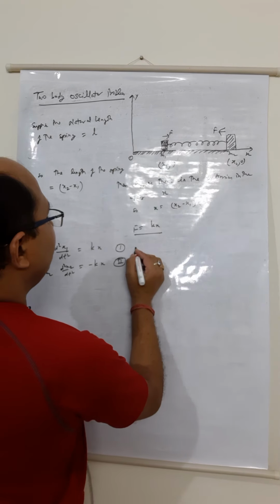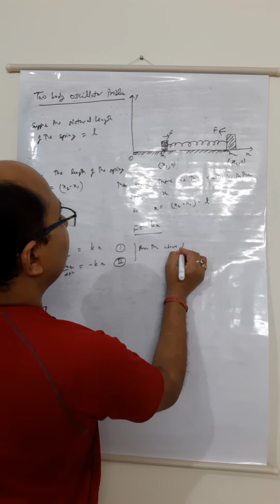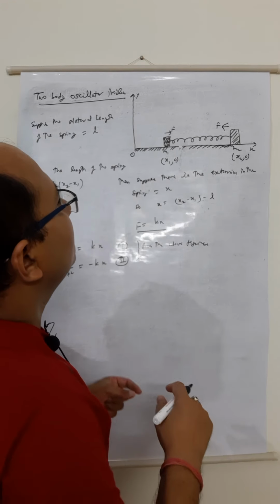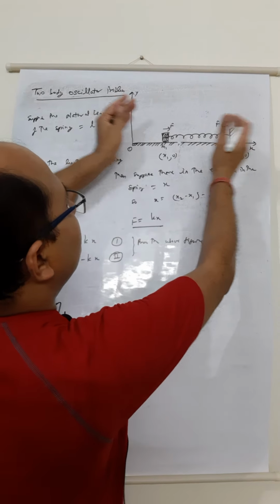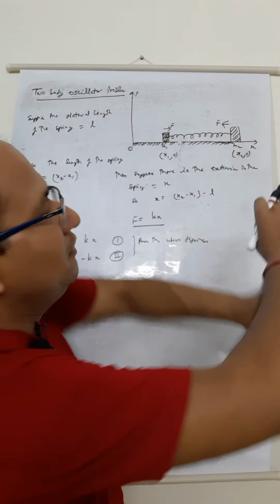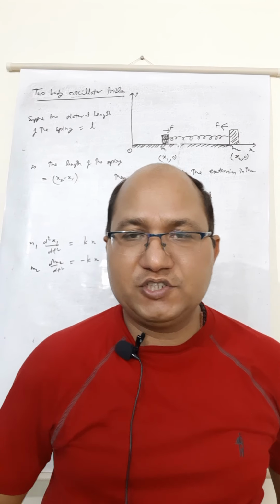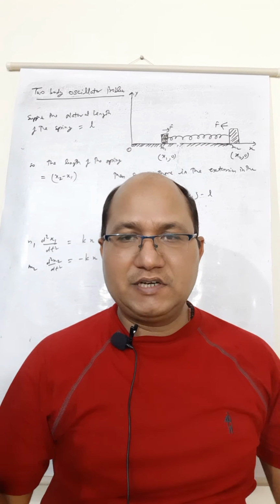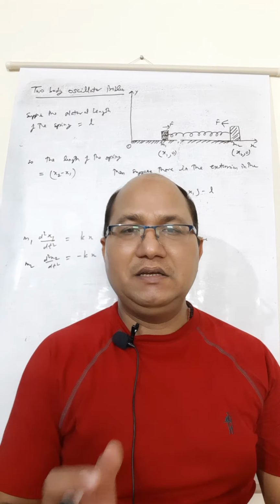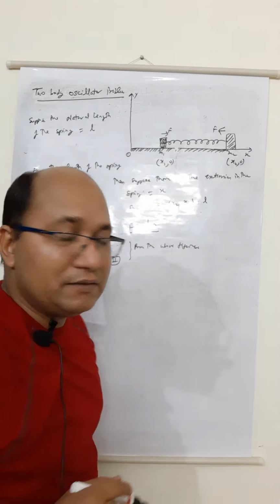It is very clear from the above figure. Suppose there is an extension in the spring, then due to this restoring force the spring will try to bring itself back to its original position. Then there is a contraction, and the directions of the forces will be accordingly as in this figure.